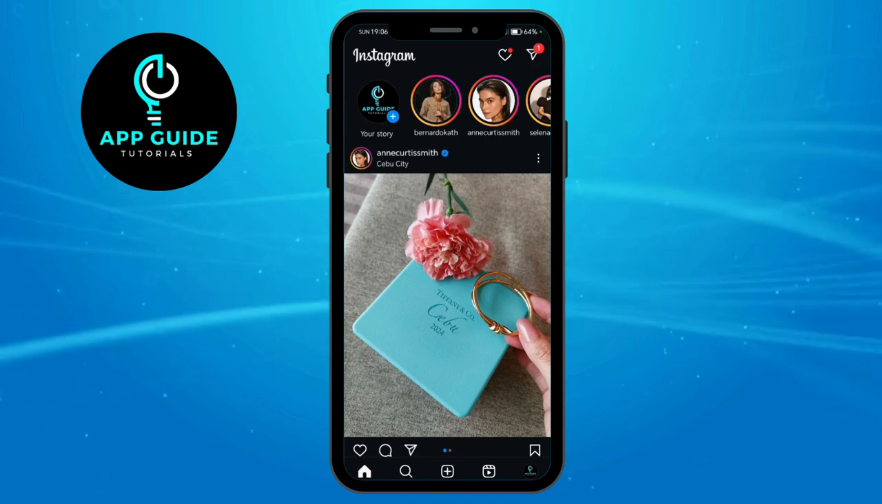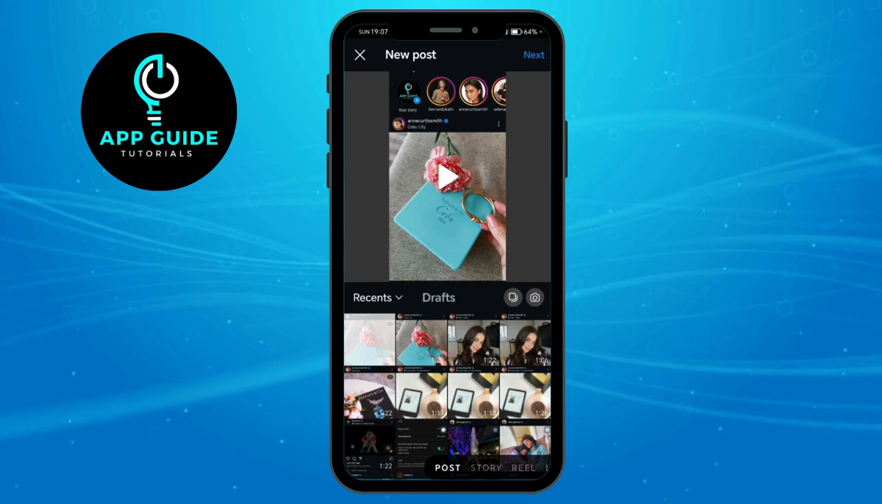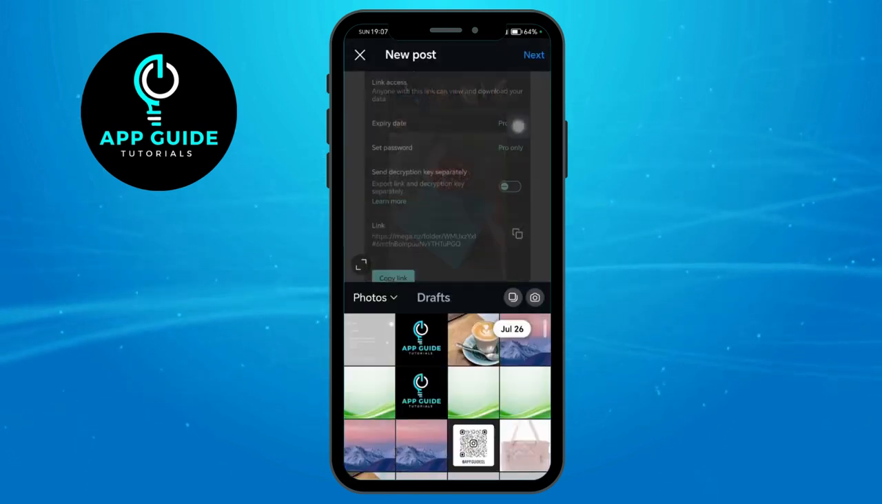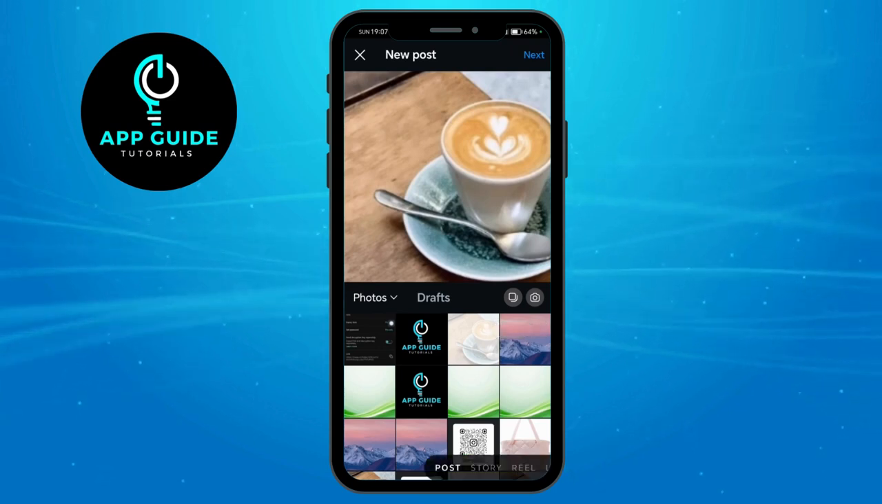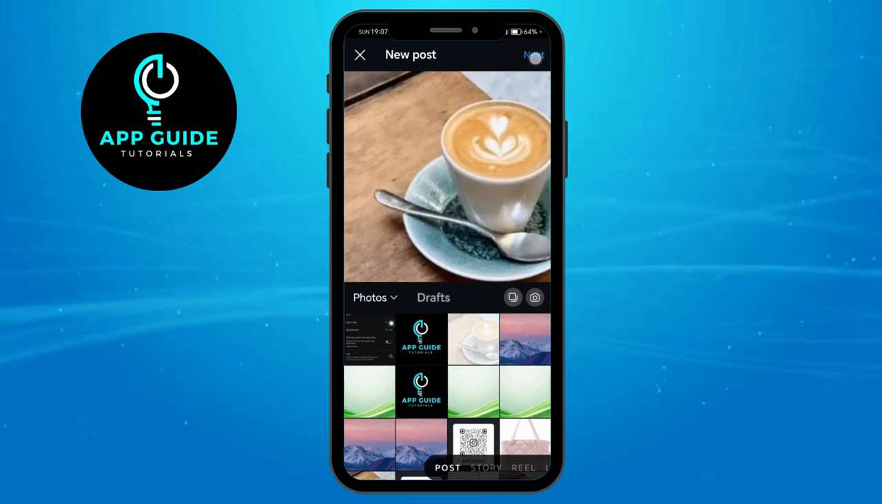to click on this plus button right here and go to post. And now let's say you want to post something like a photo maybe. Let's say right here, you want to post this photo. However, you don't want to share this post of a photo to Facebook. All you have to do is to hit on next